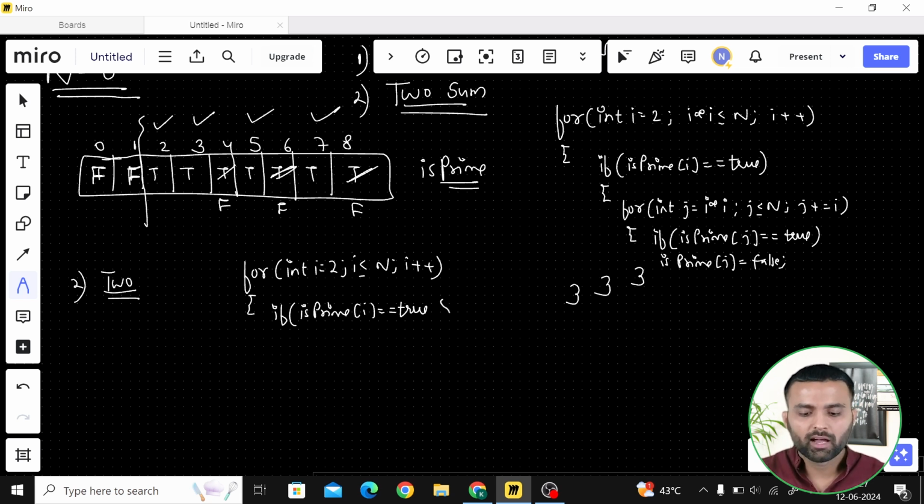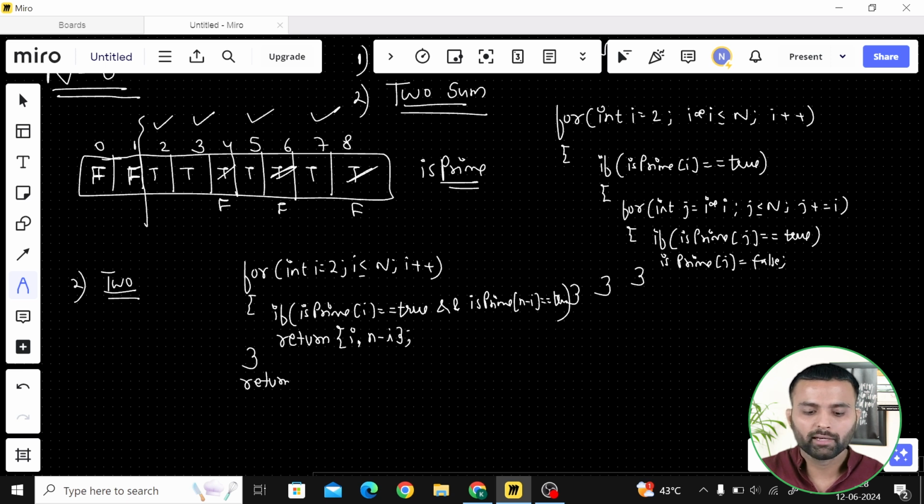And in the same case, I'm also asking if isPrime of n minus I is equal to true. If it is true, I just want those two numbers, which are A, which here is I, and B, which is n minus I. I just return those, else I'm not able to find it, so I just return -1, -1.